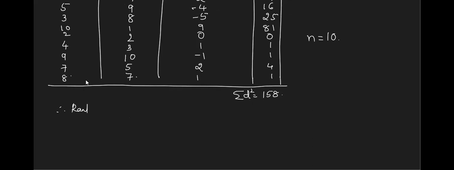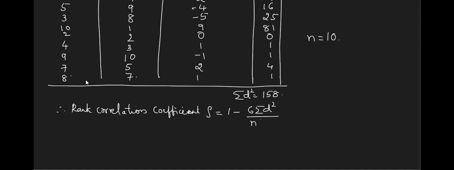Therefore, rank correlation coefficient is denoted as rho. This is given by the formula 1 minus 6 summation of D square divided by N into N square minus 1. Remember all are different formulas. Just better write one by the side. You write all the set of formulas. Otherwise confusion. 1 minus 6 into 158 upon